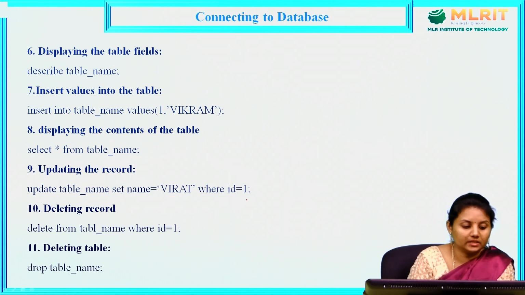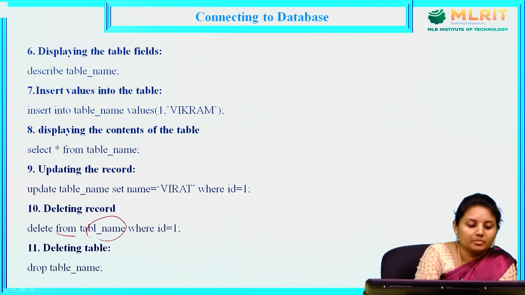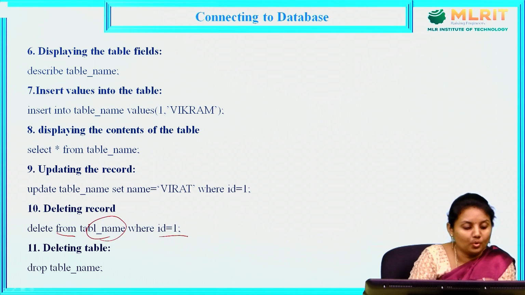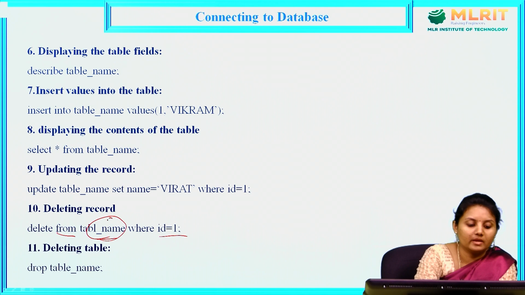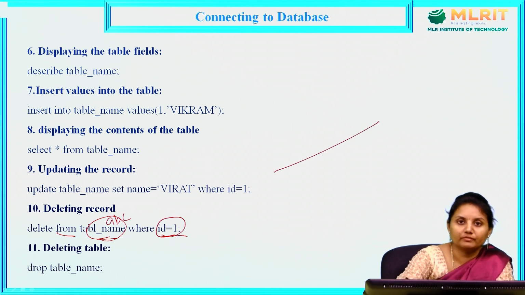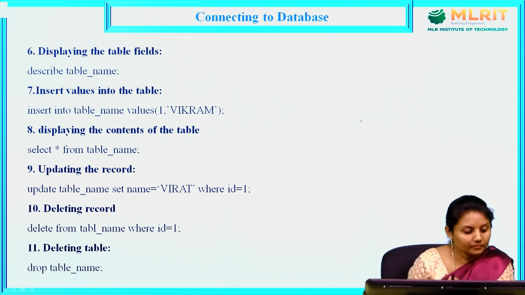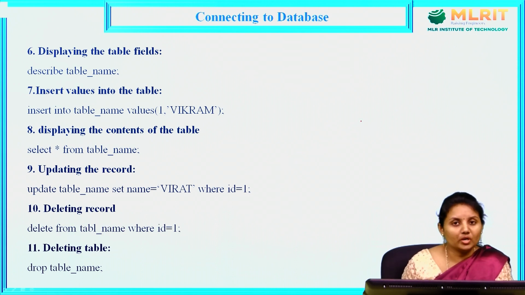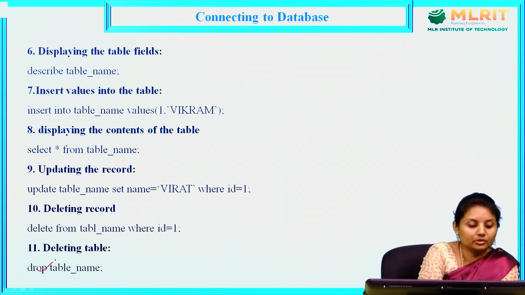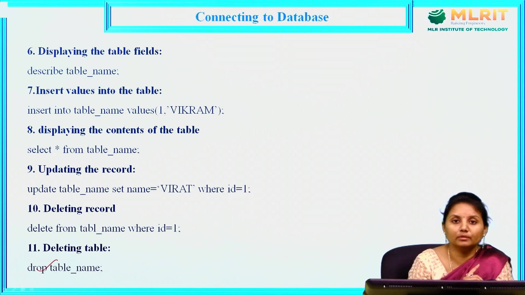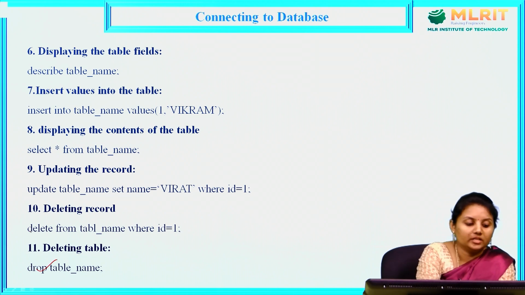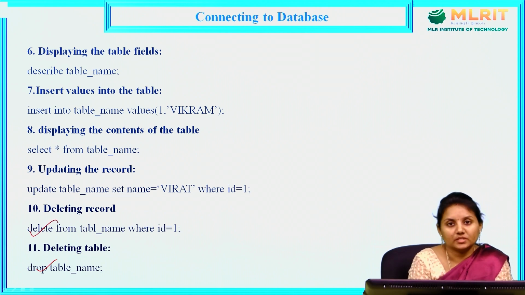Then deleting the record. Delete from table name where ID is equals to 1. Delete from table name ABC where ID equals to 1. If you have 10 records, that first record will be deleted. It will be displaying 2, 3, 4, 5, 6, 7, so on, whatever existing. This first record will be deleted. Delete table: completely if you wanted to delete the table, then we will go with drop table. Or else if you wanted to delete only a particular row, then you have to write a conditional statement